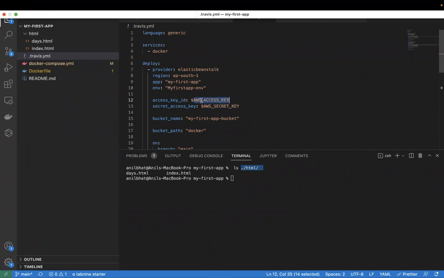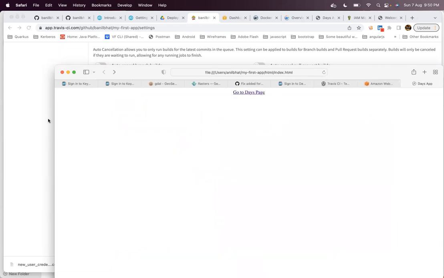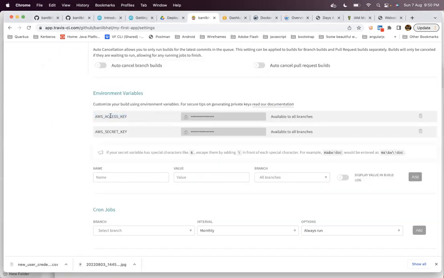These are variables, and I want to initialize them in Travis here. So in Travis, I have created the environment variables AWS access key and AWS secret key with the values. I got these values from the CSV file.